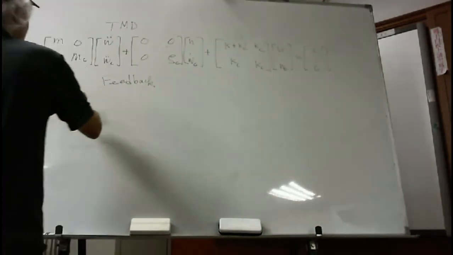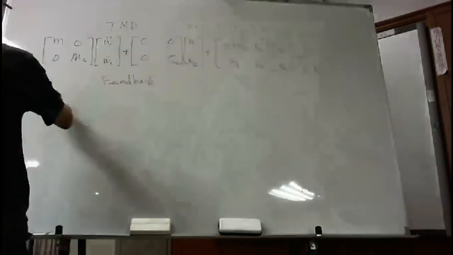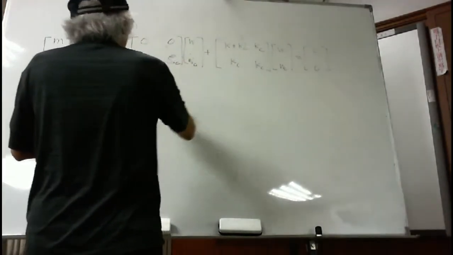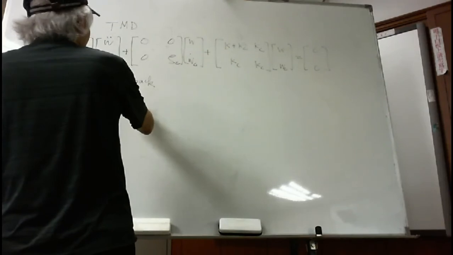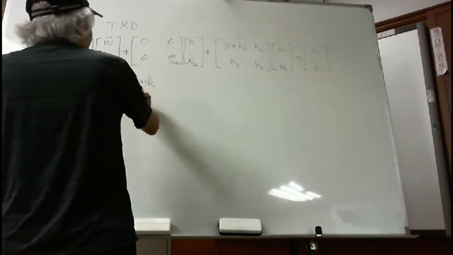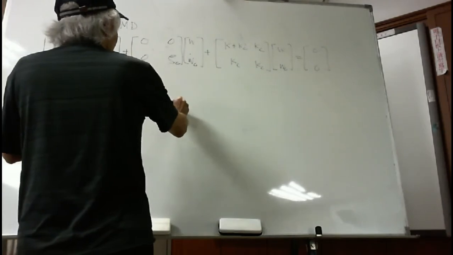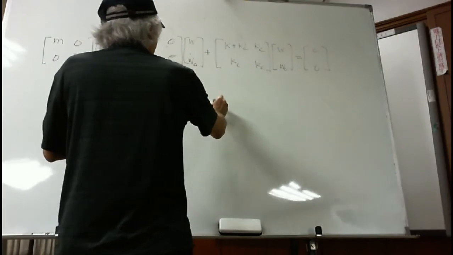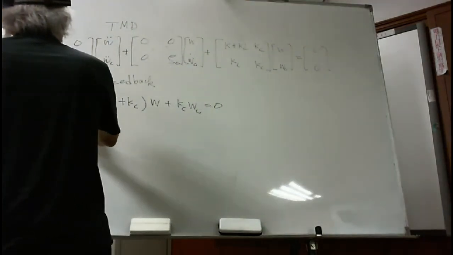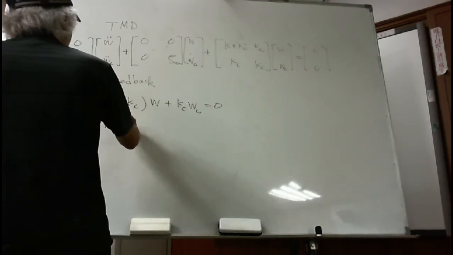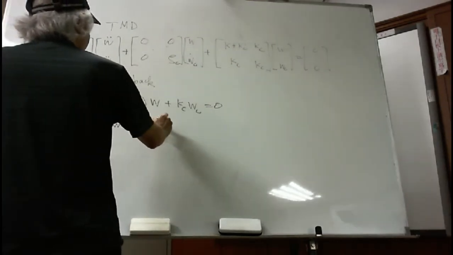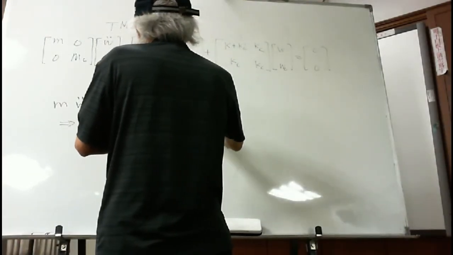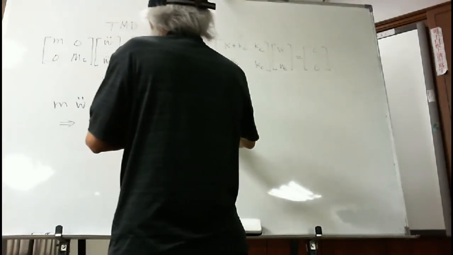For the feedback, look at the first equation: M W double dot plus K plus KC times W plus KC times WC equal to 0. And I can rewrite this equation to become M W double dot plus KW equal to minus KC, parenthesis, then W